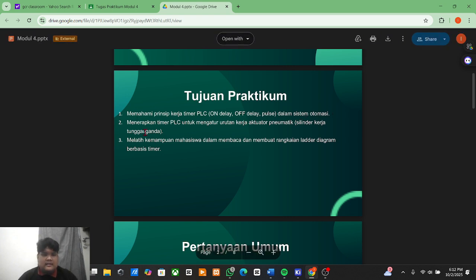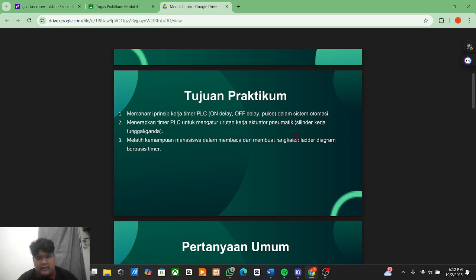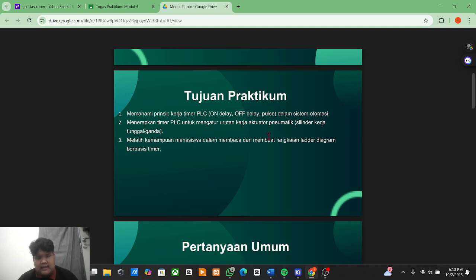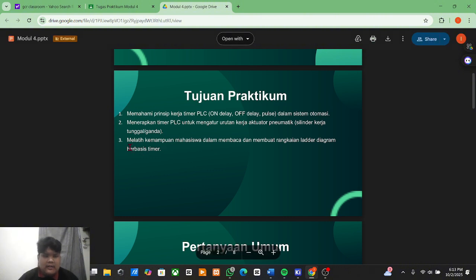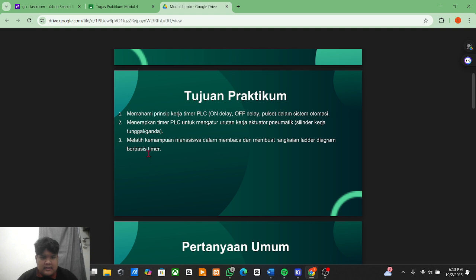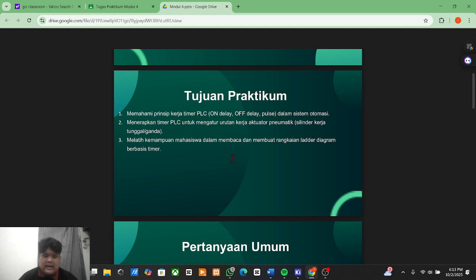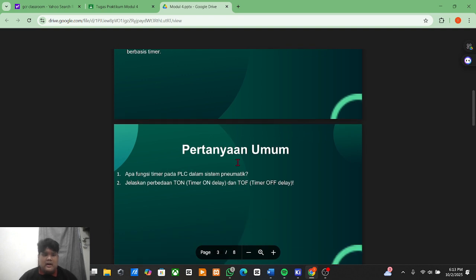The second is to apply PLC timer to control the operating sequence of pneumatic actuators, for example, single or double acting cylinders. And the third is to train the students' skills in reading and designing ladder diagrams based on timer.